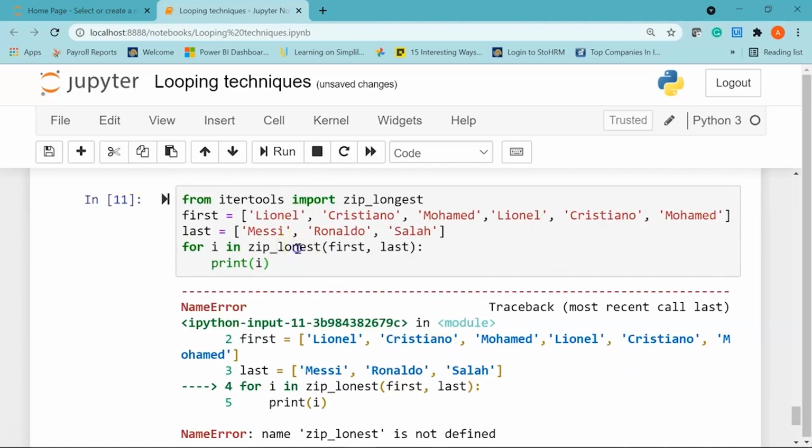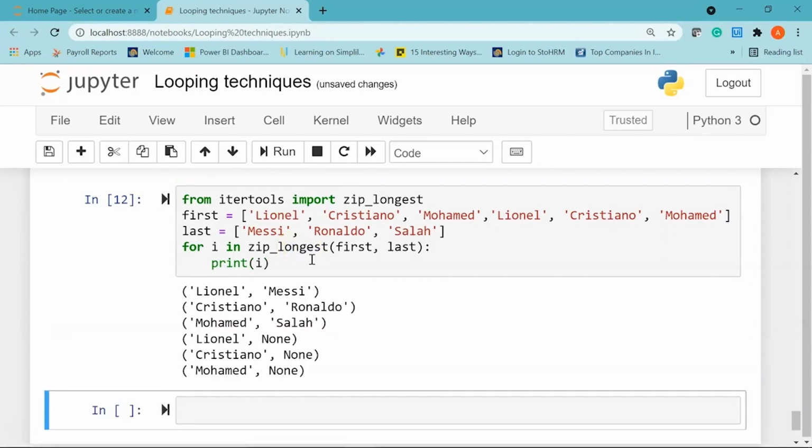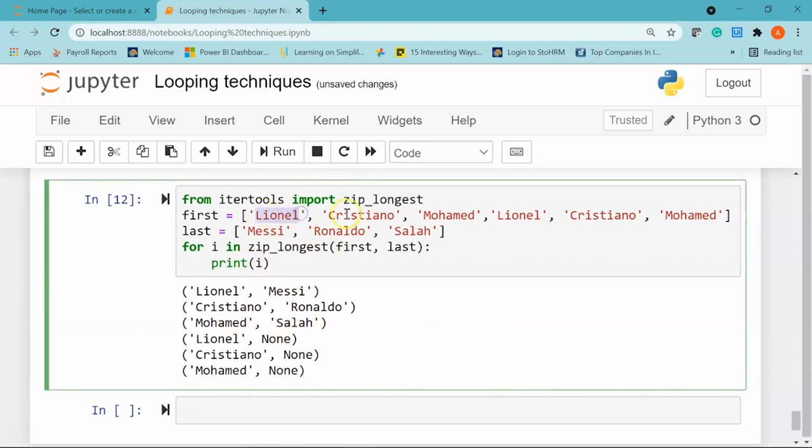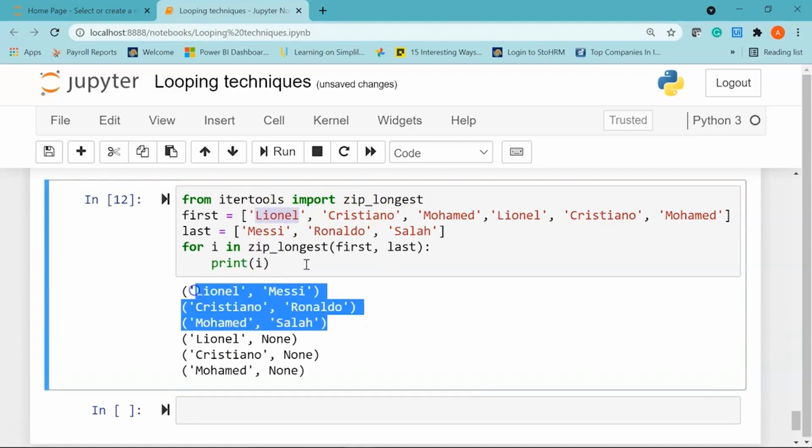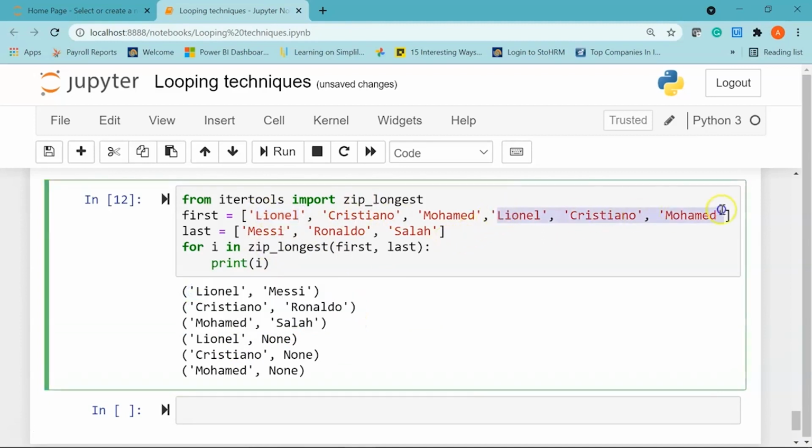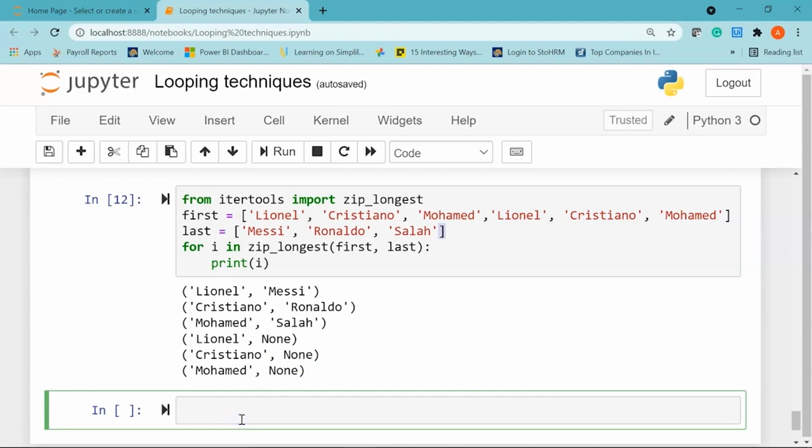You can see the result here. For the first three items, it has printed Lionel Messi, Cristiano Ronaldo and Mohamed Salah. But for the last three items in the first list, it has given us None, None and None because there were no values. Now to overcome this problem, you can use a parameter called fillvalue.